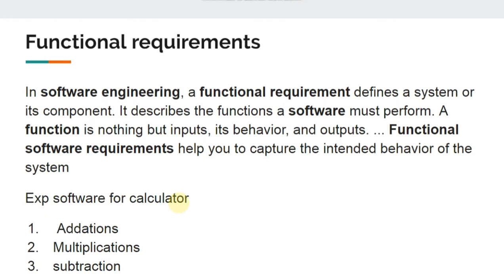So for example, we are making software for a calculator. The user wants that it adds, multiplies and subtracts the things, or the digits or the numbers, whatever they are. So these three are functional requirements. At any cost we will provide, we will cover these requirements, so we call them functional requirements. Hope you